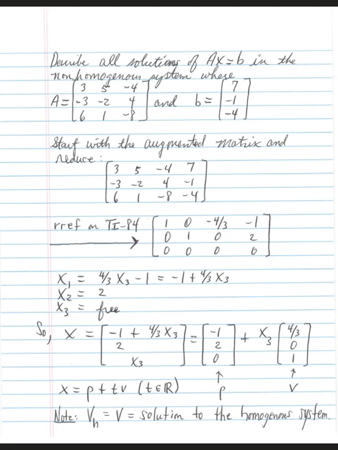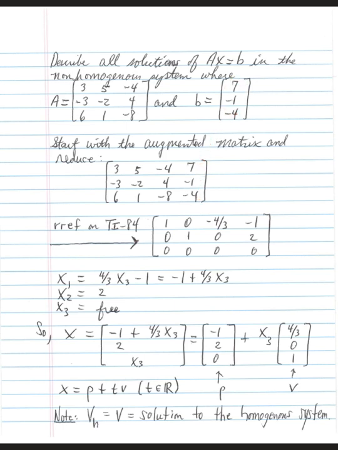Hey class, describe all solutions of AX equals B in the non-homogeneous system. And remember, homogeneous would be if vector B is all zeros, the zero vector. Non-homogeneous, you'll have something other than all zeros. Start with the augmented matrix, and we're going to put in matrix A followed by the last column being matrix